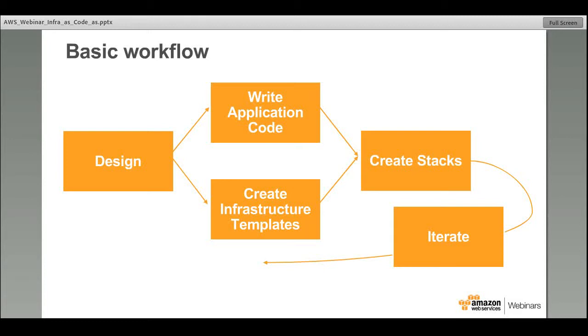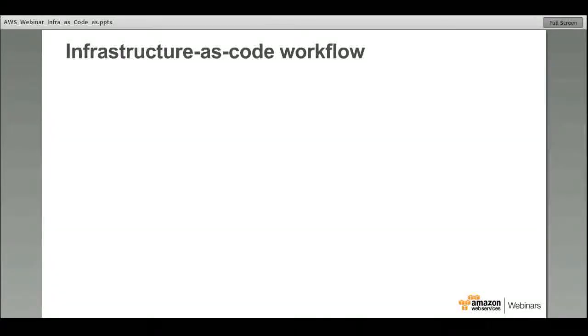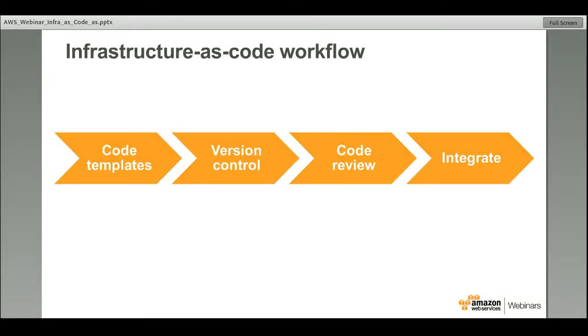Obviously, everything doesn't end there, right? Once you have something up and running, the next thing you want to do is to improve on it by iterating on it. The way to iterate is just like software, where you code, you version control, you code review, and then you integrate. And then when you want to make a change, you repeat that process again. So you make a code change to the template, you version control it, somebody on your team might review it, and then you go back and integrate that change with whatever you have running.